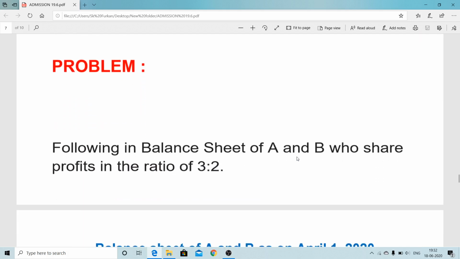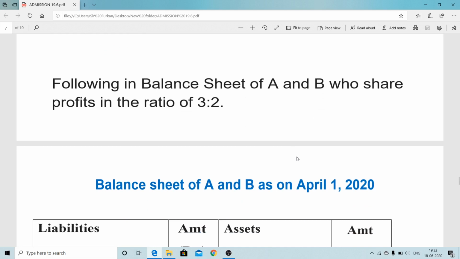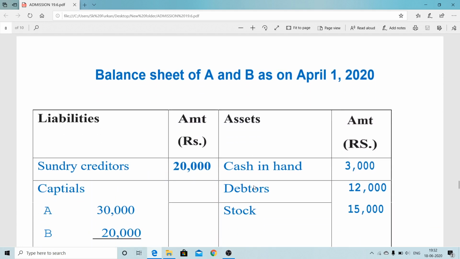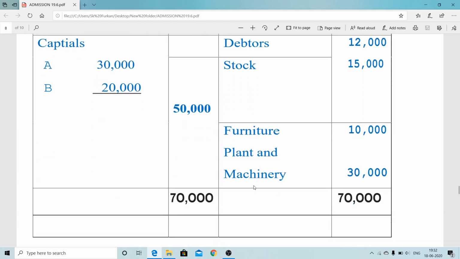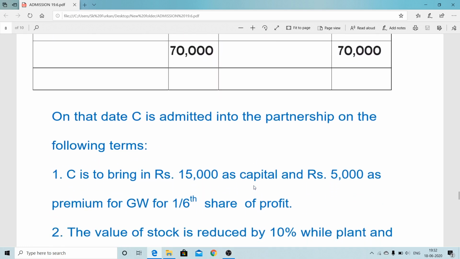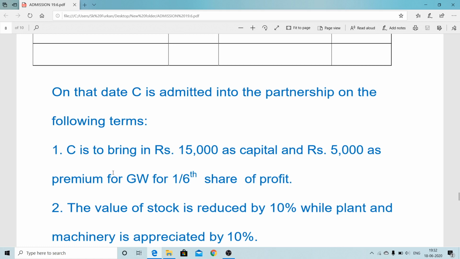Now for better understanding, we consider one more problem, that is for self-try purposes. A and B are partners, here also in 3:2 ratio, and the new ratio is not provided in this question also, so no need to find out SR, GR, it will become the sacrificing ratio. In this case, the new partner brings only 15,000 as capital and 5,000 as his share of goodwill. If we want to find out total goodwill, 5,000 into 6, 30,000, it forms the goodwill. So here step 1 and step 2 are also not required.